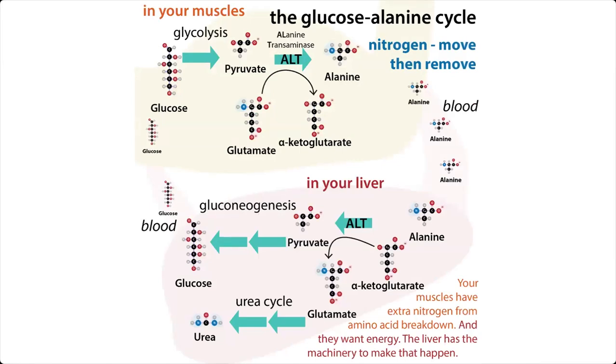But those amino groups can be coming from any amino acid to start with. So you can take any amino acid, pass its amino group onto pyruvate, and that'll give you alanine. And then you can ship that alanine through the bloodstream to the liver, where the amino group can get passed off to alpha ketoglutarate to give you